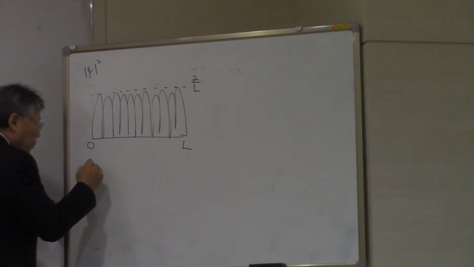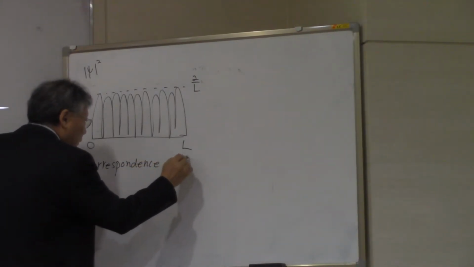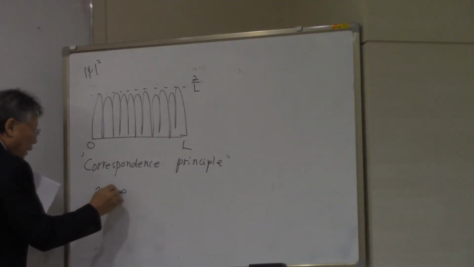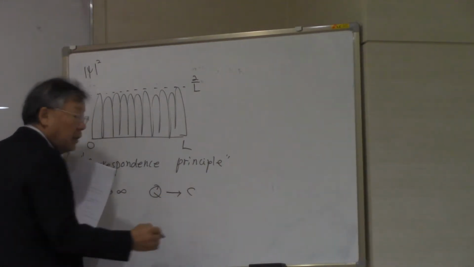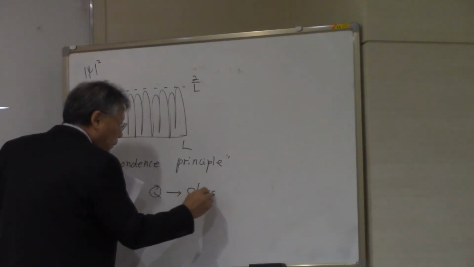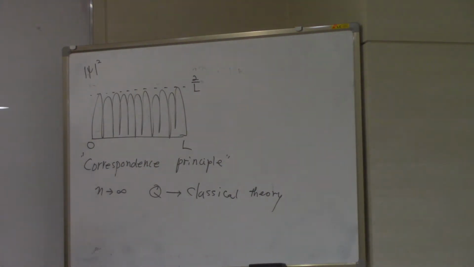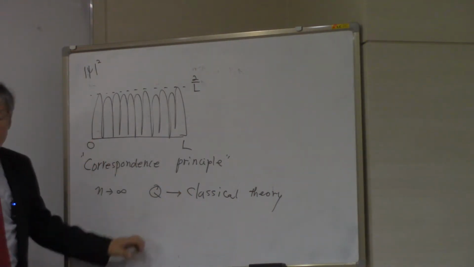And we call that the correspondence principle. It means when n gets to infinity, the quantum analysis should approach the classical theory. Okay? That is the correspondence principle. Classical expectations: if when it is highly excited, the quantum analysis does not approach the classical theory, then there's something wrong in the